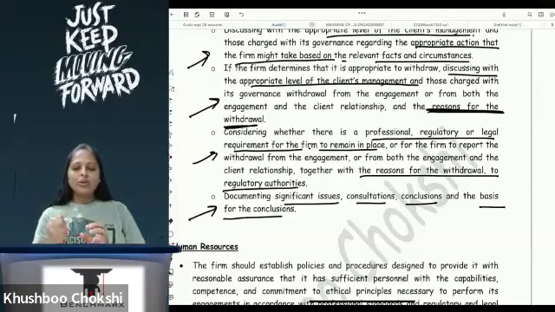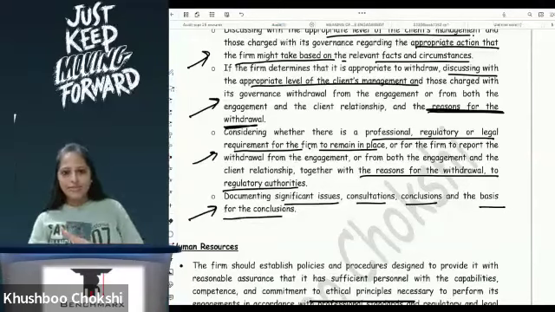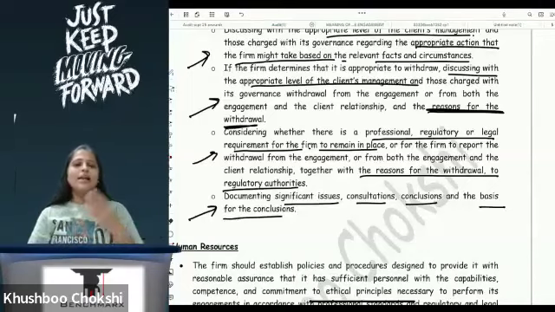Correct? So when I am withdrawing, first I have to tell him, if you do this, I am okay working for you, otherwise I can't. He says he is not okay taking a service tax number. I tell him okay, I will withdraw, my reason being so and so. Third, it is a legal violation, so I go to the regulatory authorities and complain that this is what is happening. As a CA, it is my responsibility to do that. And fourth, I will document everything that has happened, so that if ever asked, there is a reason and proper paperwork giving me the reasons as to why I have withdrawn.